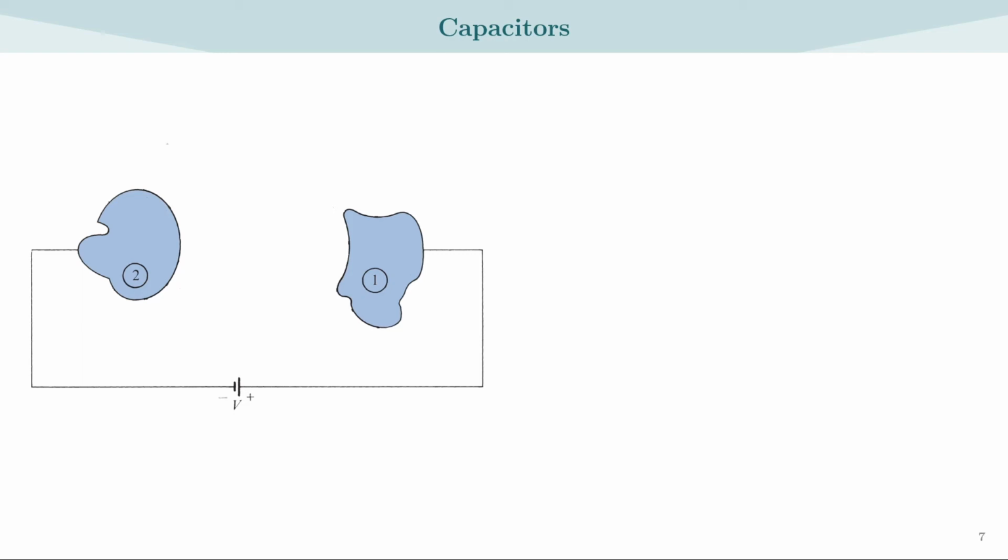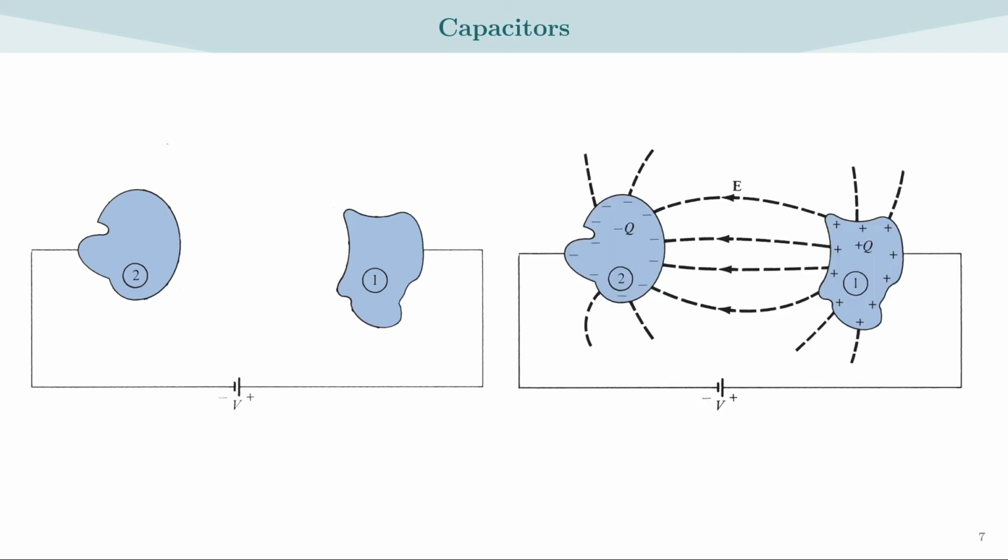So when we do this, we will be removing electrons from the positive plate and carry them to the negative plate. So that builds up negative charges on plate 2 and positive charges on plate 1. The resulting electric field between these two conductors is also shown in this figure. So in moving an electron from plate 1 to 2, we will have to fight against the electric field which is pulling them back towards the positive conductor and pushing them away from the negative conductor.